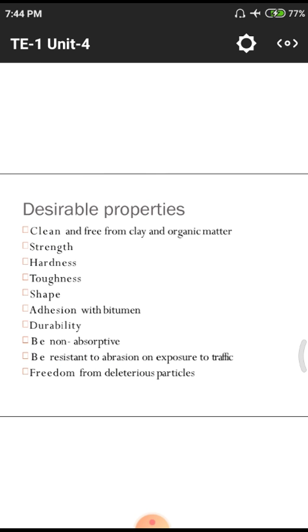What are the desirable properties we have to require whenever we are constructing a road? First of all, it should be clean and free from clay and organic matter. Why are we telling you about this organic matter? Whenever there is organic matter in our construction materials,